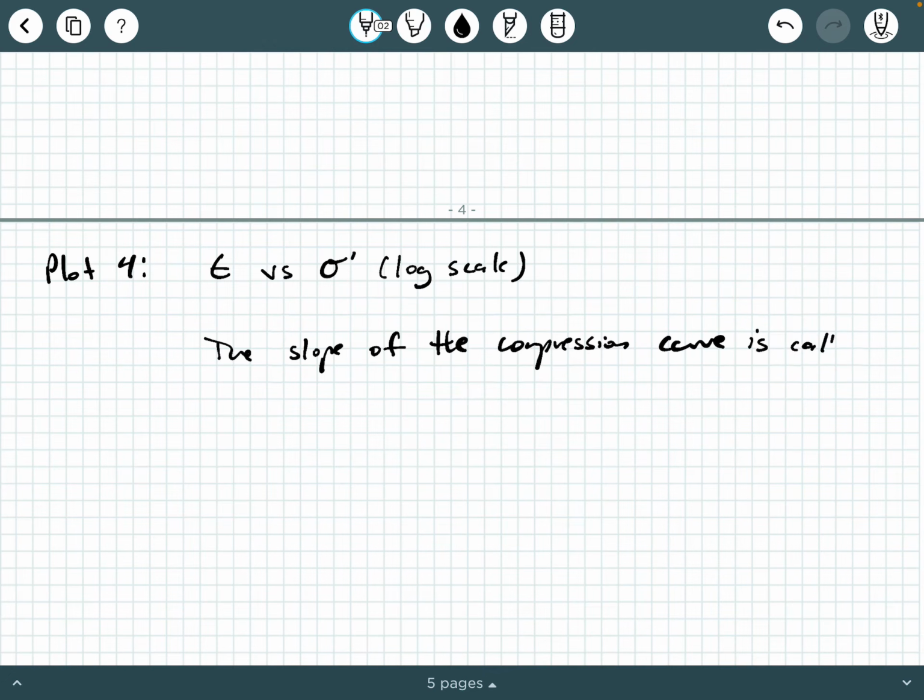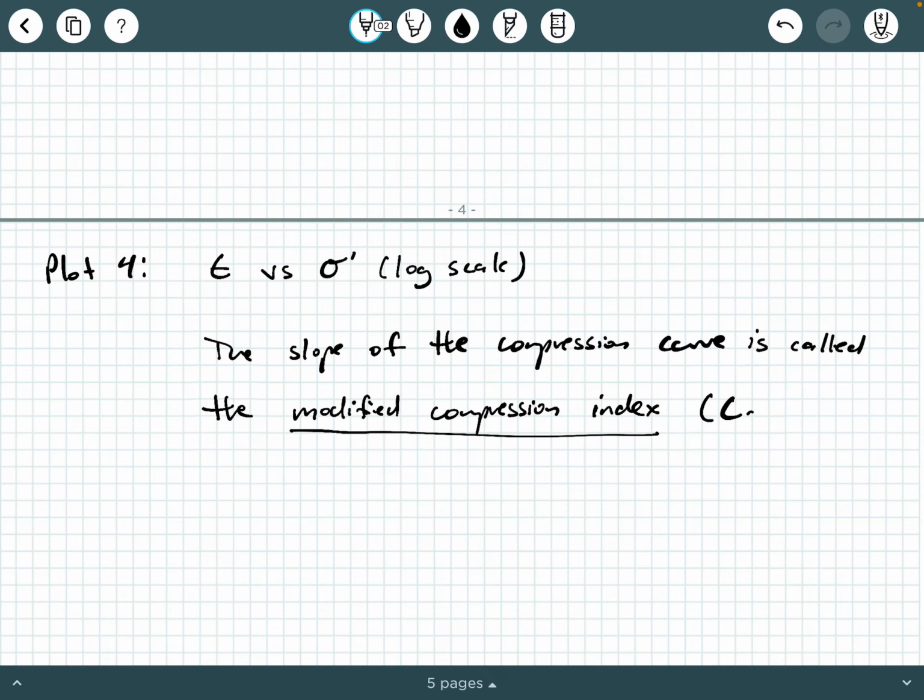is called the modified compression index. Okay, and we call this C sub C epsilon. So this is a lot like C sub C, okay? And we can say C sub C epsilon